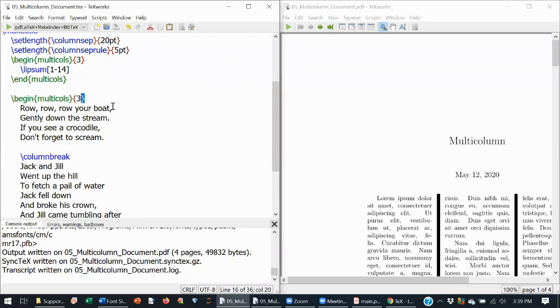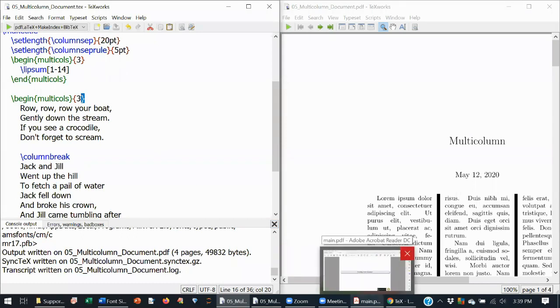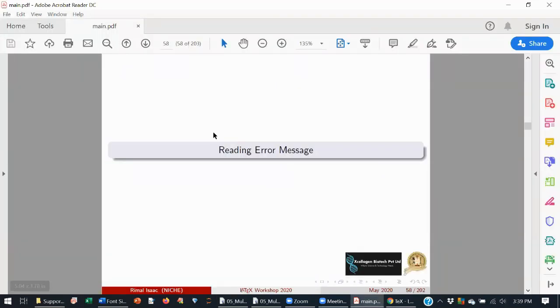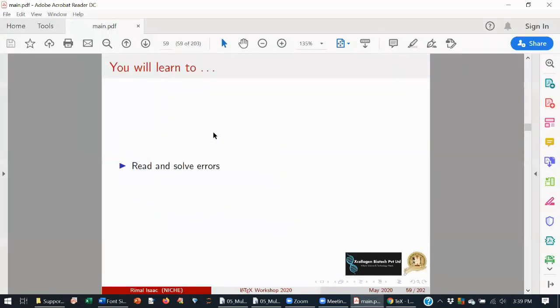So the person who is compiling will think, okay, LaTeX is very difficult, some errors are always coming, because this person will blindly believe the person who put the document on the internet, and the person who intended to learn LaTeX will fail because of these small problems. So always make sure you respond to the console outputs. Okay, so reading error messages means you have to read and solve.